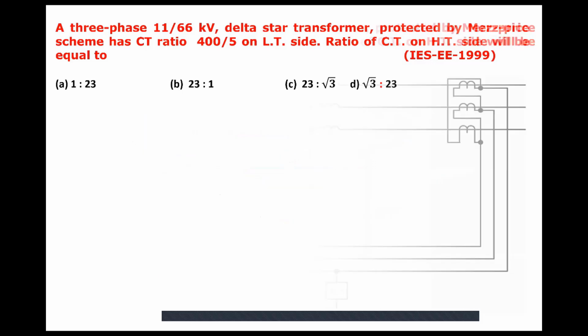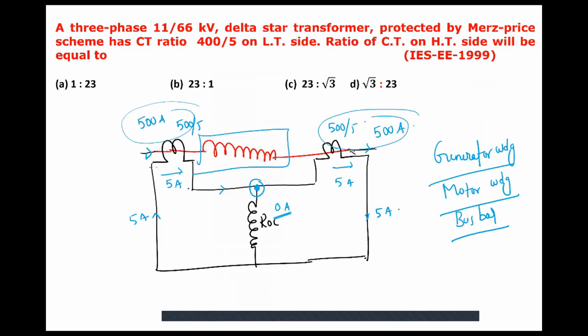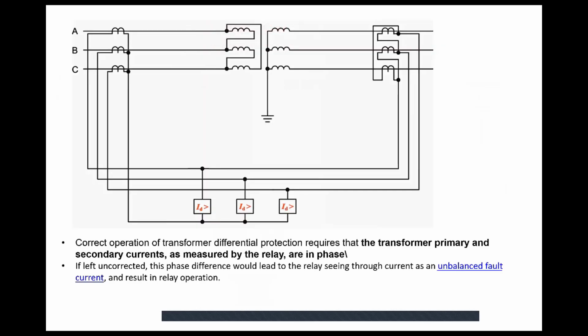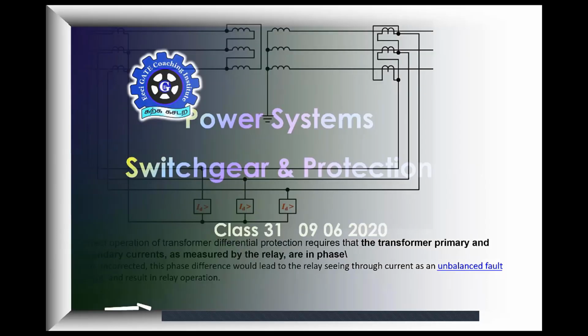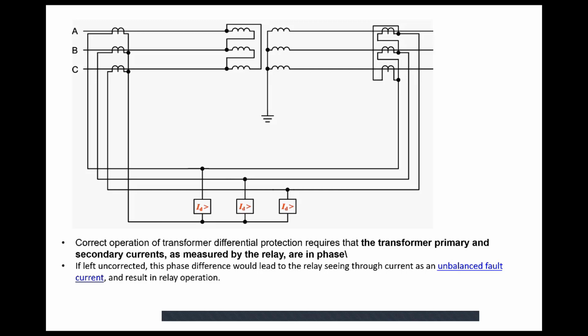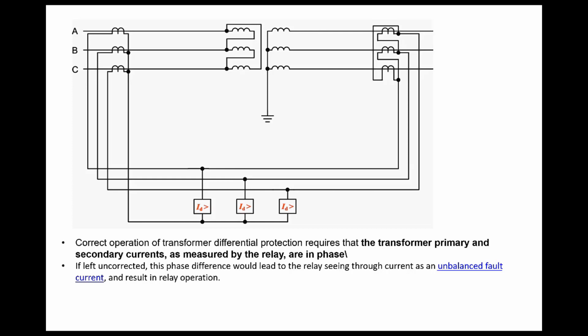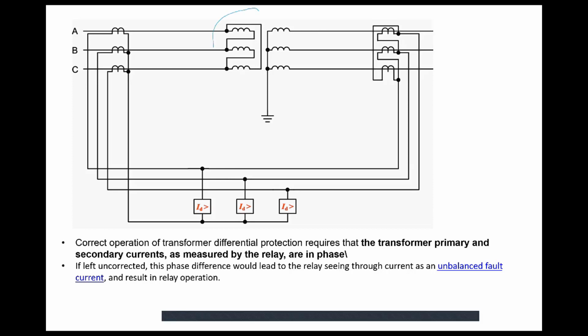What is the difficulty? In a transformer, there is a physical disconnection between the two sides. Primary side, secondary side: the same current will not flow. That is the first point. There is a difference in currents. And the second point is that there is additional difficulty because of the nature of the connection, delta and star, star and delta.